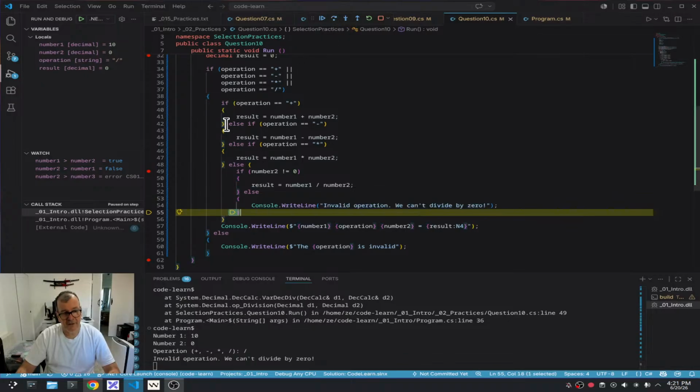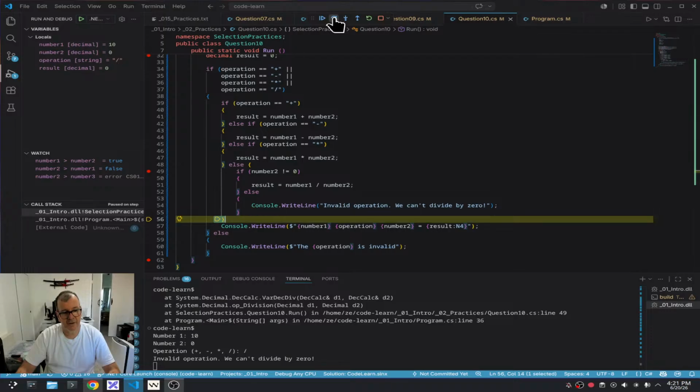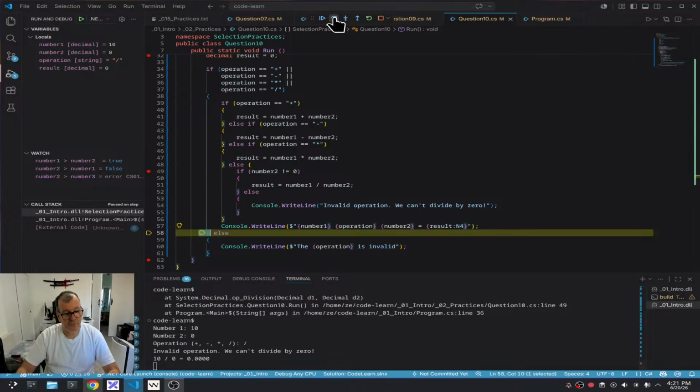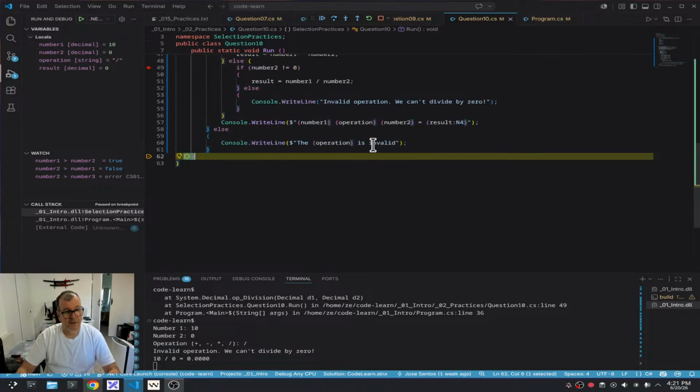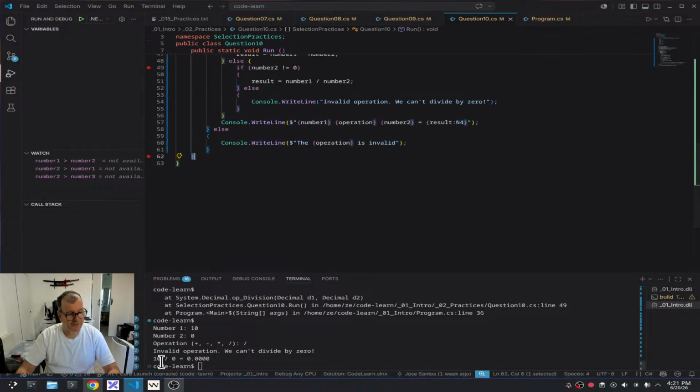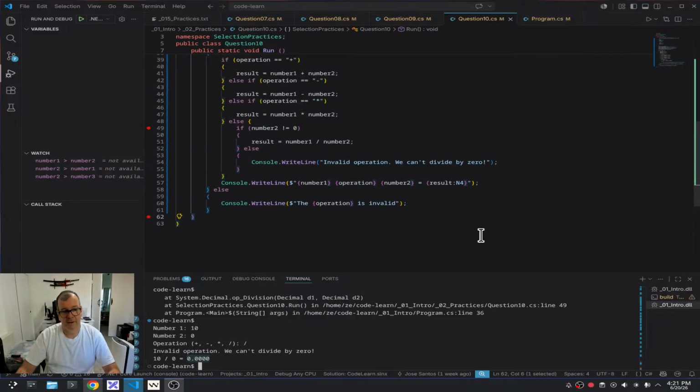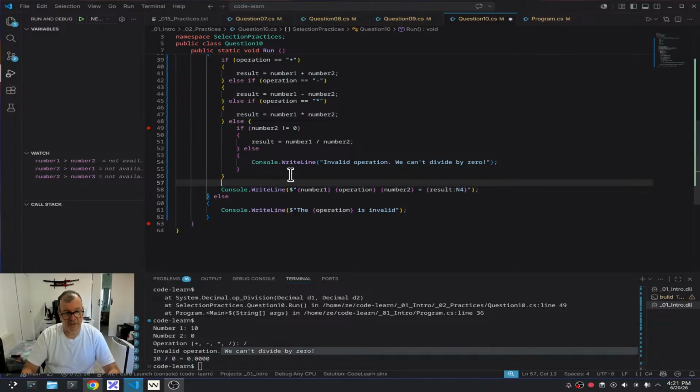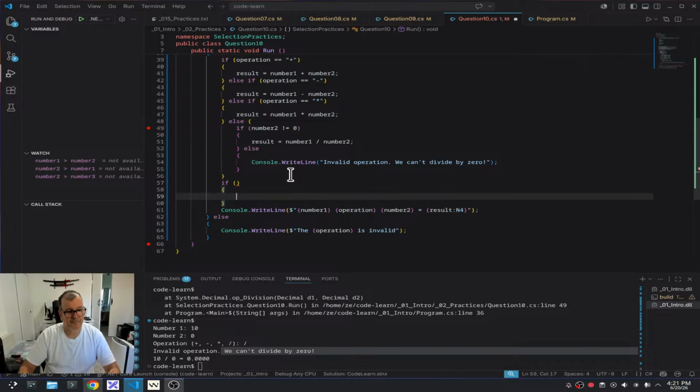However, look, we are inside this if, and then we go back here, and we're going to try to print it. And the user can be confused. They may say, oh, 10 divided by 0 is 0. Even if you say this here, you may be confusing your user. So what you could do is, okay, let's protect this, where we only print this